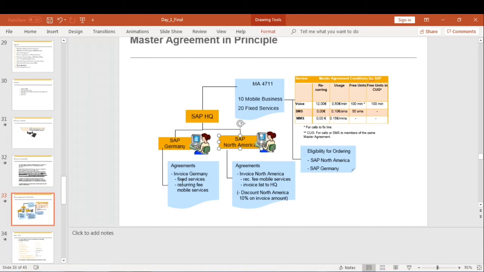And another thing is the invoice list agreement. Invoice list agreement is, I am working in a company and I have subscribed for the services and I will pay the bill. But whatever I have subscribed, whatever the service is and whatever the consumption I did, that bill will go to my company. The company won't pay, it is just for information purposes. The company will have the details of the bills of these employees. This is called the invoice list agreement.